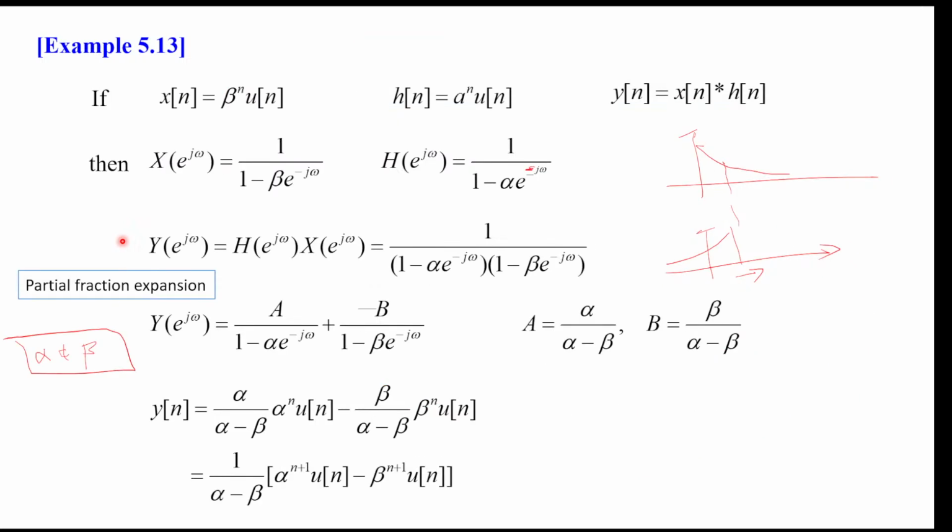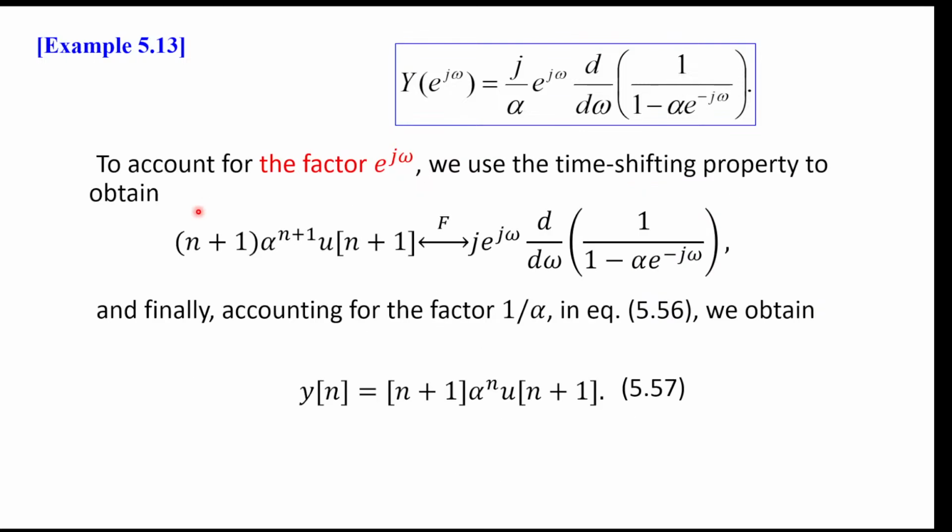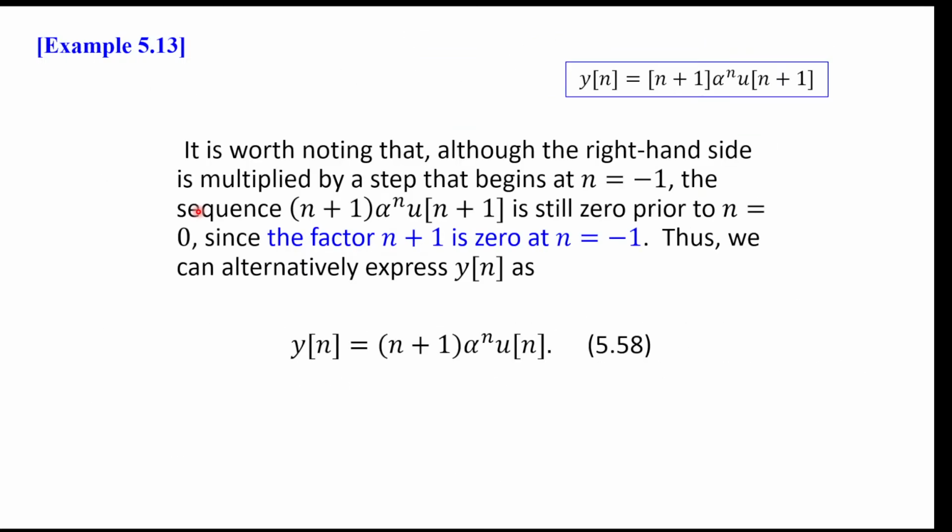You think this should not happen because now you think back of this as an LTI system. The x of n is starting at n equal to 0 because you cut off with u of n. And h of n gives you a causal system because it also starts at n equal to 0, and then your y of n should also start at n equal to 0, because you have a causal system acting on a signal starting at 0, then your output should start at n equal to 0. And that actually checks out because